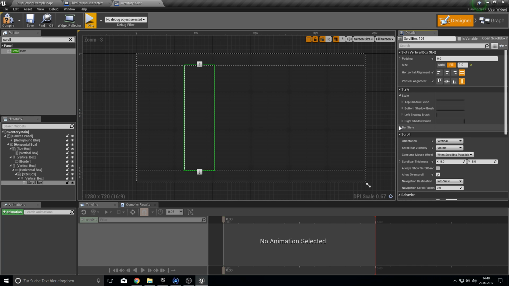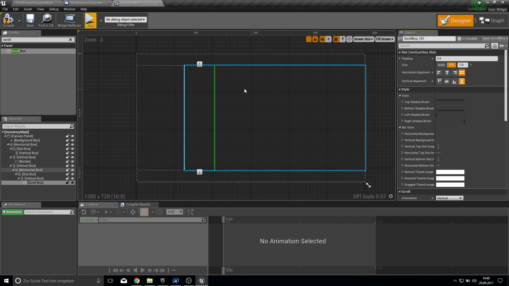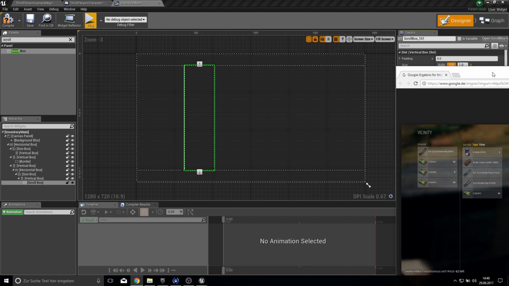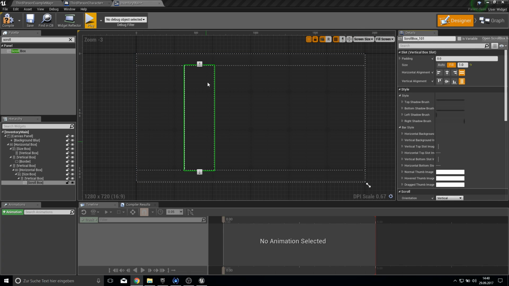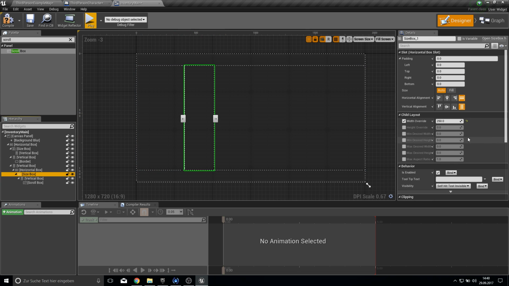Under the bar style, I don't know the correct bar style of PlayerUnknown's Battlegrounds, but it looks like here the bar is only in the middle. So I don't know, is this inventory going only to this point here, or is this inventory going to the bottom? I will look into this and then we will just change it. So for now I will just leave it as a full screen inventory, but we could simply say fill, or say size of the size box only to the middle. So we override to 500 and the inventory will only last to this point and scroll then